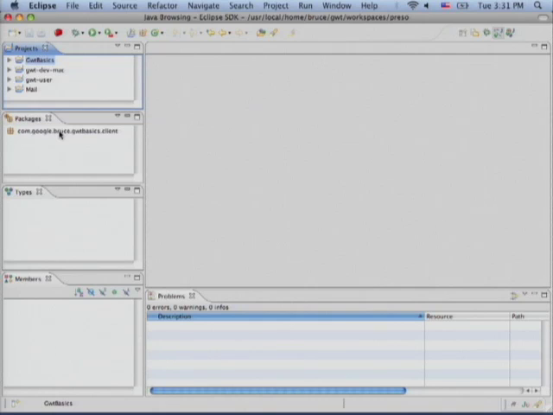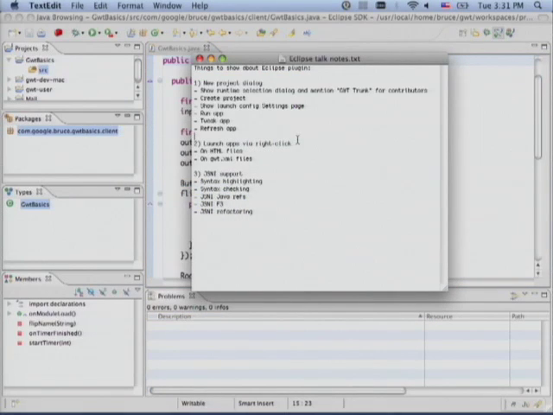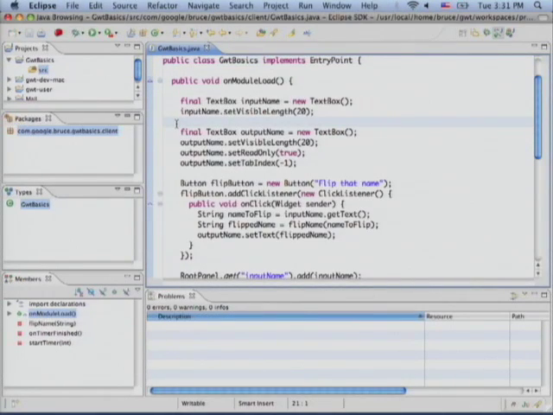Some of the other things that are probably most interesting. Actually, you know what? I have notes about this. I was going to show you all that, but I'd rather leave more time for Q&A. So our philosophy is to try to pepper GWT functionality throughout Eclipse, not have a separate top-level GWT menu for everything that you might want to do. So everything would be context sensitive. So for example,